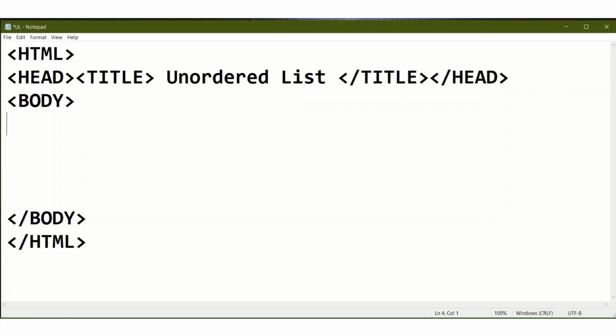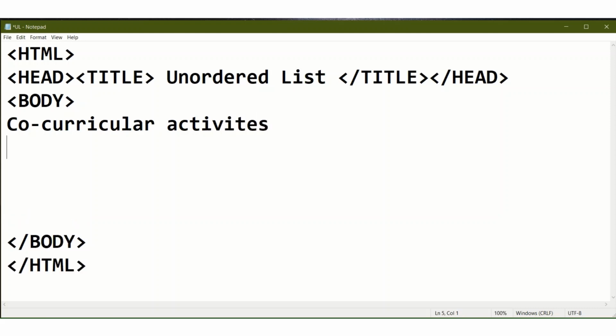Suppose I am writing co-curricular activities, and then I will make a list of different activities.